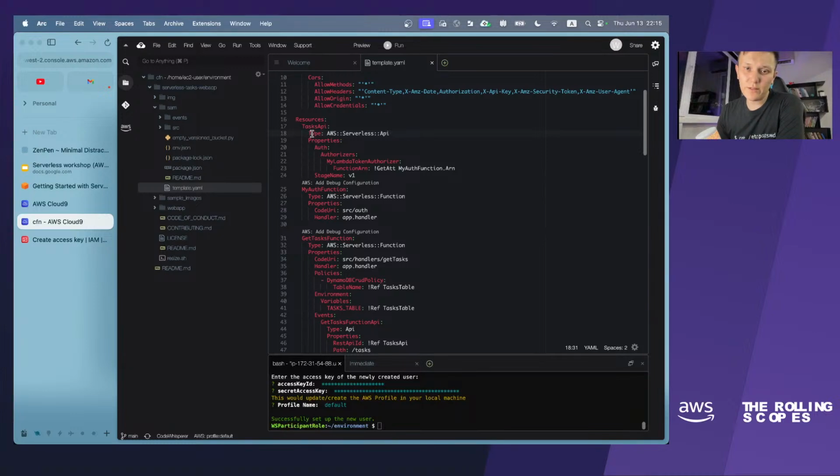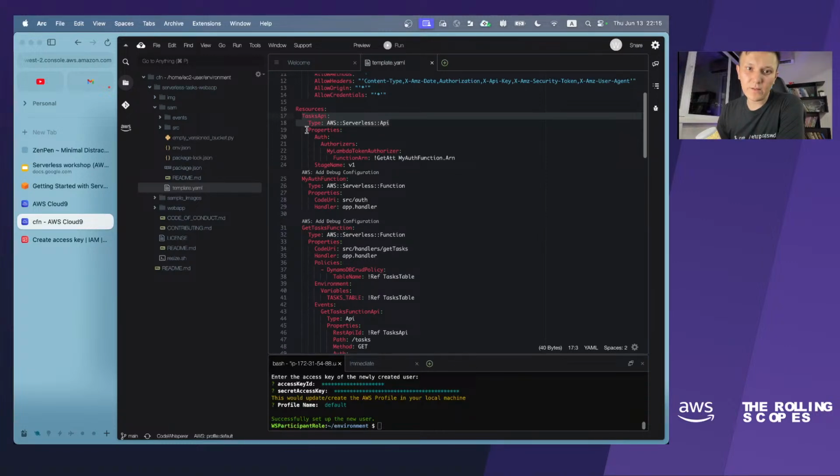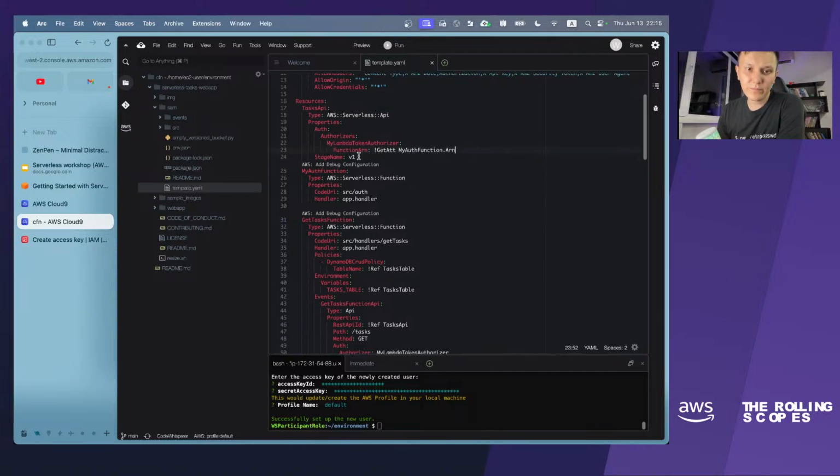So SAM will leverage API Gateway to deploy Tasks API. And we can provide some properties like authorizers, which will be used to authorize users to this API. In our case, we will use Lambda authorizer. Surprise, surprise, we will do it a bit later. And stage name.